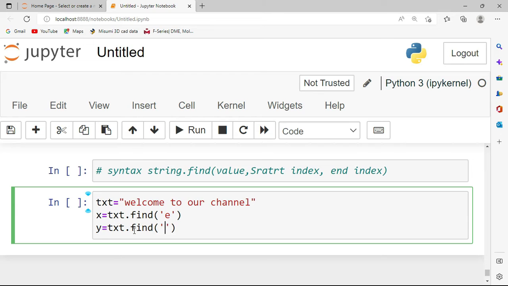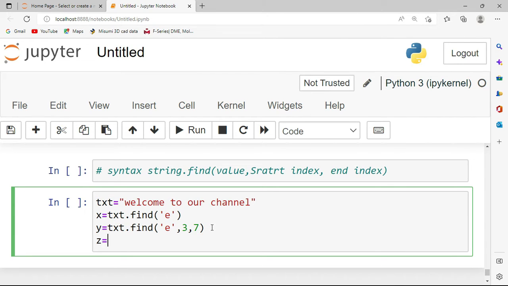Here I will find the same e, but giving start and end index like 3, 7, and z, text dot find, and then again we'll search e with some different index like 8 to 12,